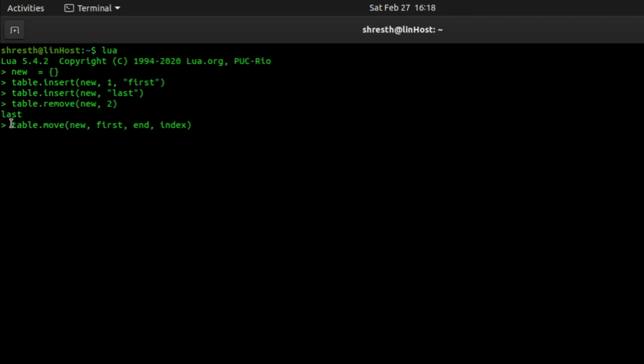So what this call does is it will take this parameter, which is a table name, and inside this table it will move the elements from the first index to the end index to this index. To give you an example, let's say I want to insert an element at the start of this table. So I can use this table.move function,